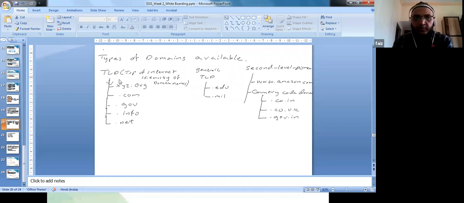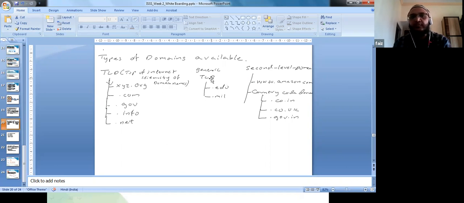Okay, so the top of the hierarchy will be the top level domain, and then we have one more called country code domain. So you can say .in. It is a part of this TLD. Okay, it will be .in, .uk.